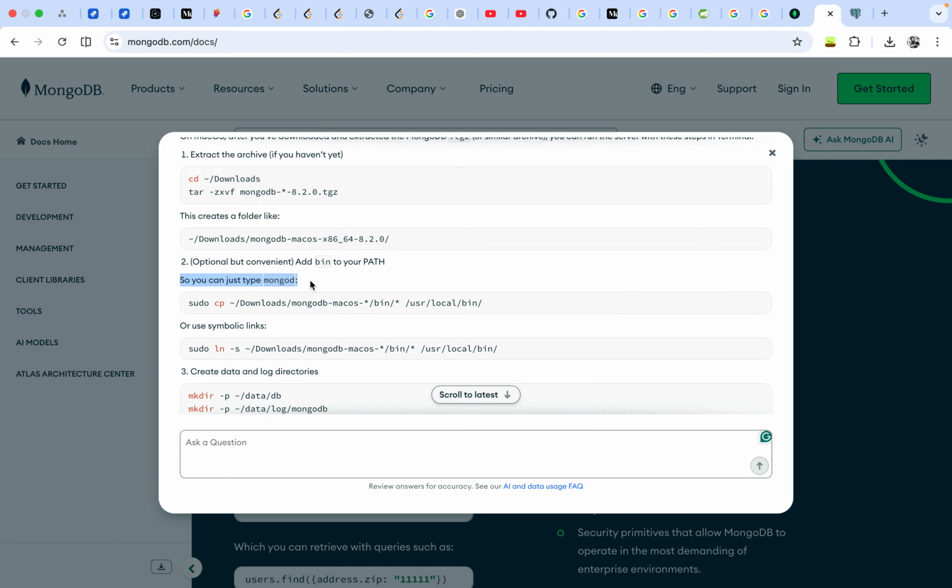So you can just type mongodb bin to our path. Should I add it, or use symbolic links, sudo ln? So sudo symbolic links I'm not going to use. Let's do this one then. Let's copy this one and we will do that. Okay,